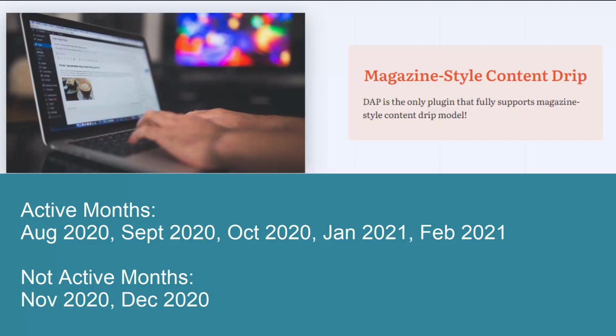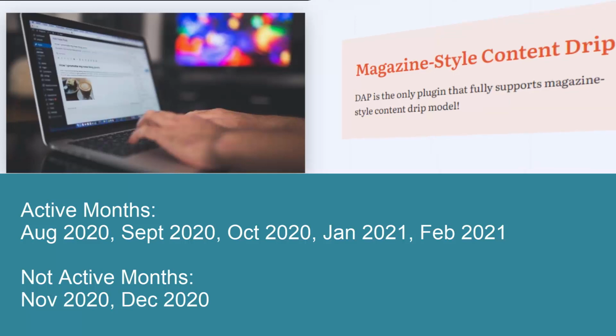So basically, if you want to implement a content drip model where you can allow your returning members access to previously paid for content while preventing their access to the months that they skipped. So if they were active members, then cancel their subscription, and then they are joining back. If you still want to allow them access to previously paid for content and just prevent them from accessing content from the months that they did not pay for, you can easily implement this using DAP. So let me show you how you can do this.